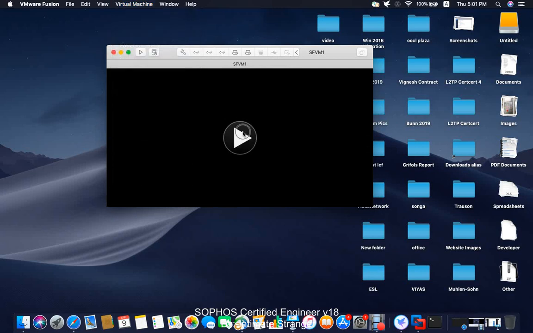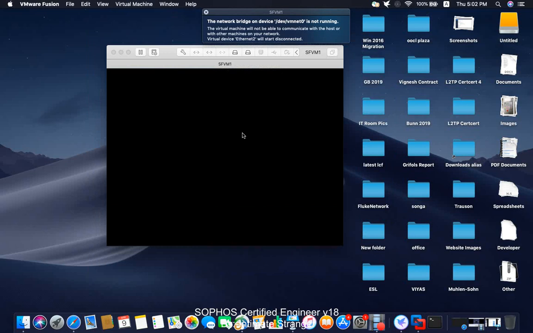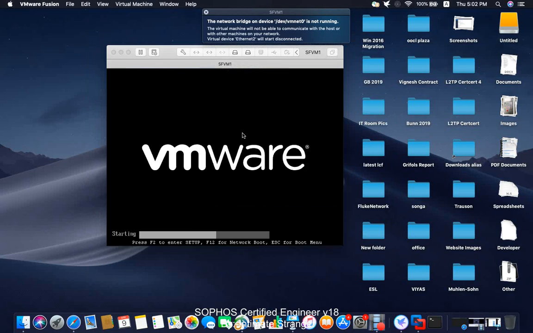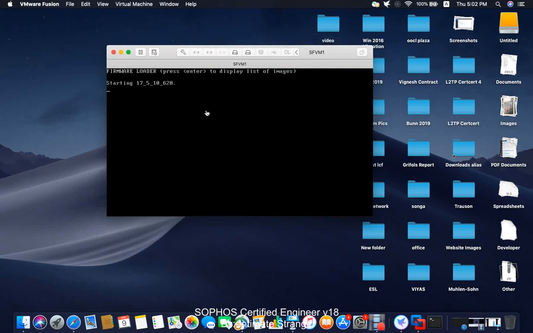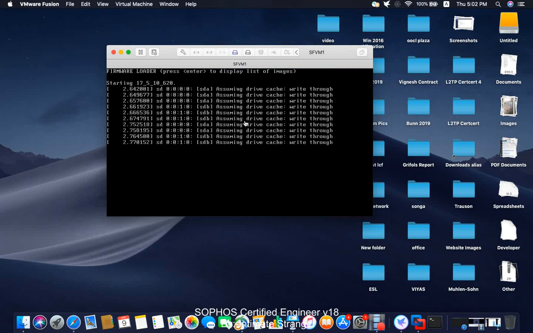Okay, let me start this and let's see. Now my virtual machine is going to boot. And now it's starting 17.5 MR10. It's decompressing the configurations. And now it's installing the default configurations which are present for your